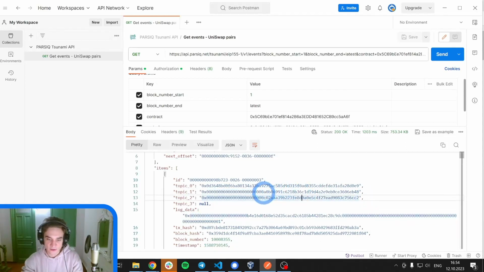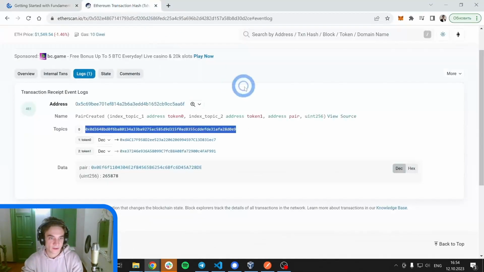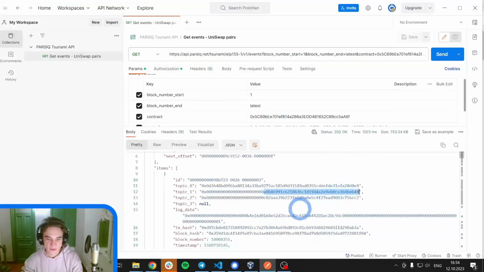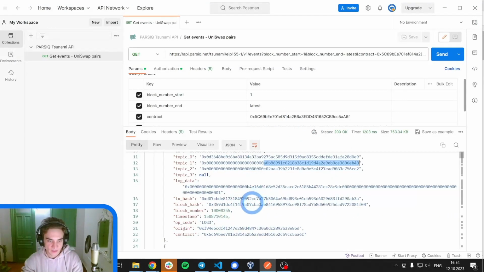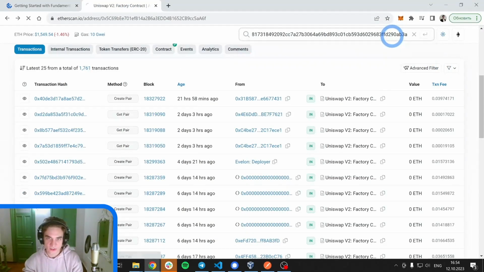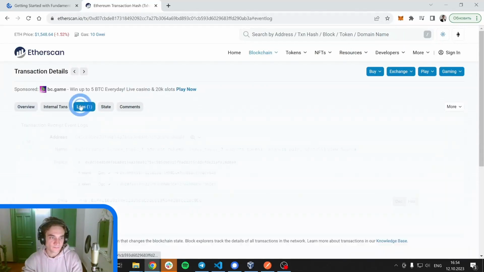So after the zeros, we have the address of the first pair. Let's compare it to the one we have here. To compare, we will need to take a look at the same transaction. So let's copy paste the transaction hash and take a look at this transaction on Etherscan.